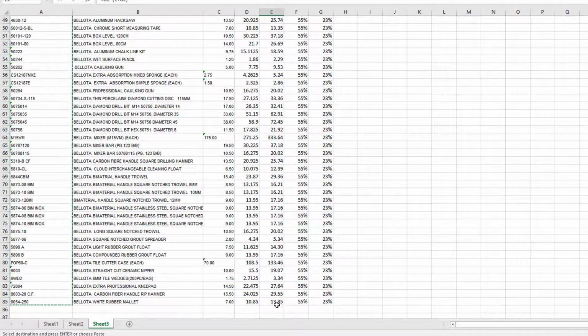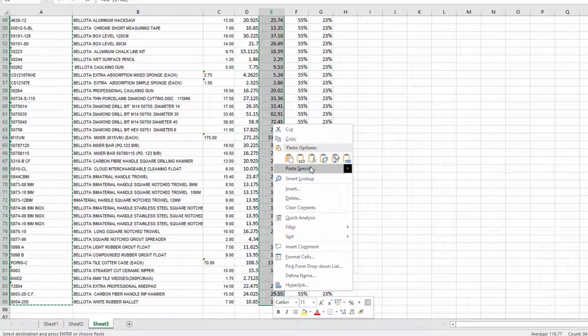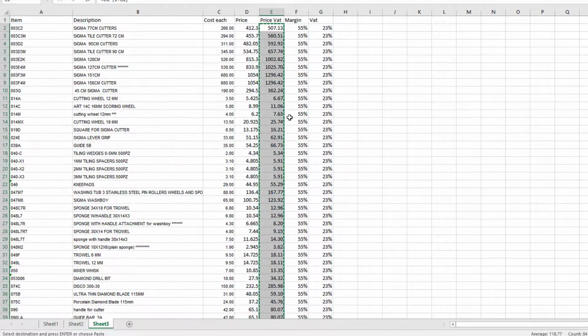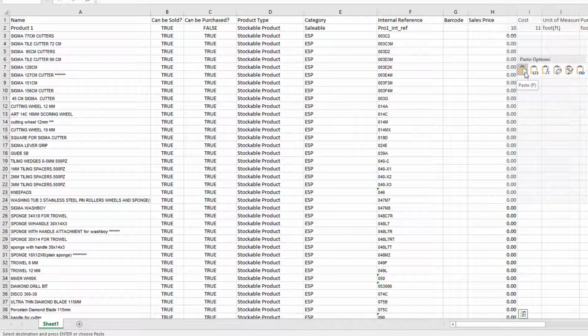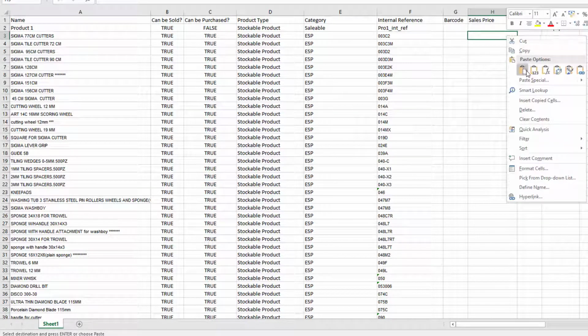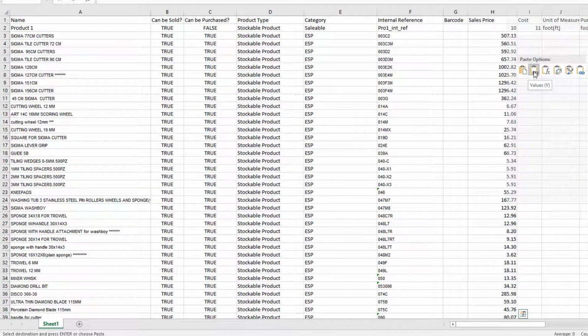Now when you're importing, this is going to be slightly different because it was a calculation for us to get this field. So if we just right click now and paste, you'll see it'll probably be 0. See here? So it's 0, but you see the 1, 2, 3 beside the paste. This actually pastes the actual values from the other Excel file because those values had a calculation. So click on values here,